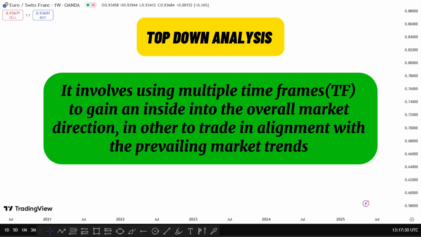So top-down analysis involves you using multiple time frames to gain your market bias. All right, gaining an overall market bias, and then going down to the lower time frames to find your edge to trade in alignment with the higher time frame. So now we look at